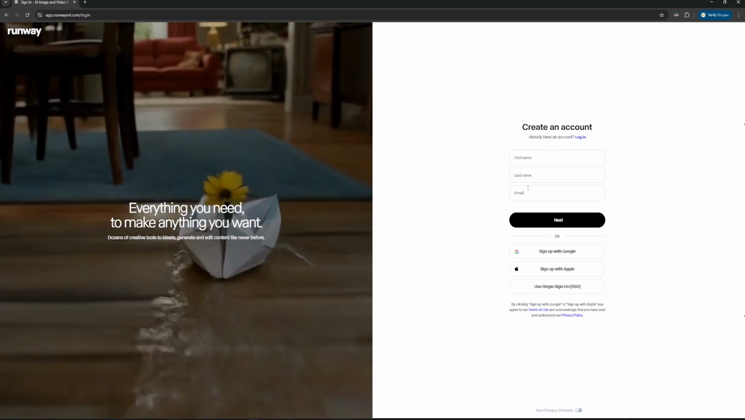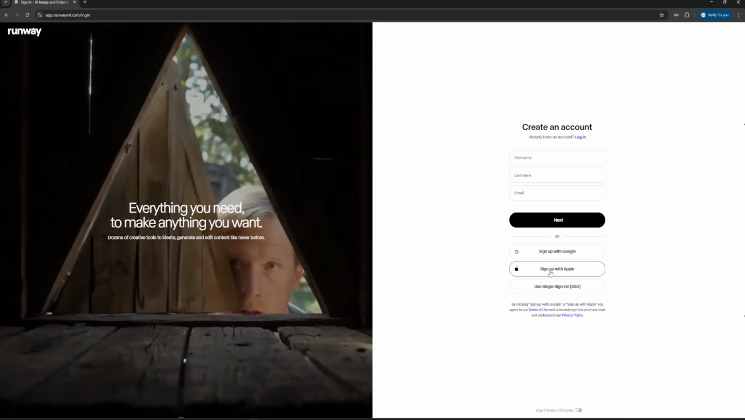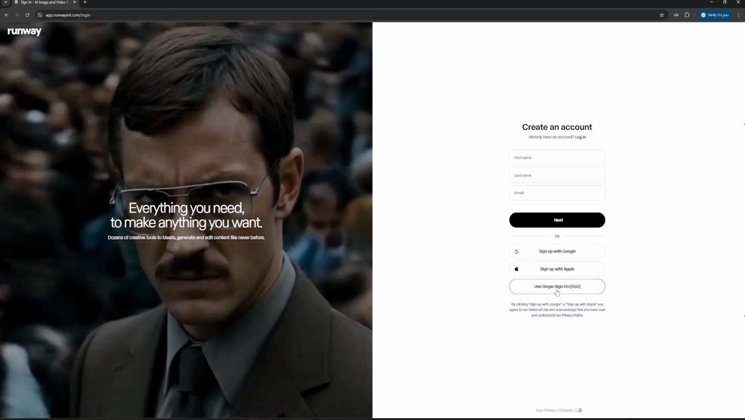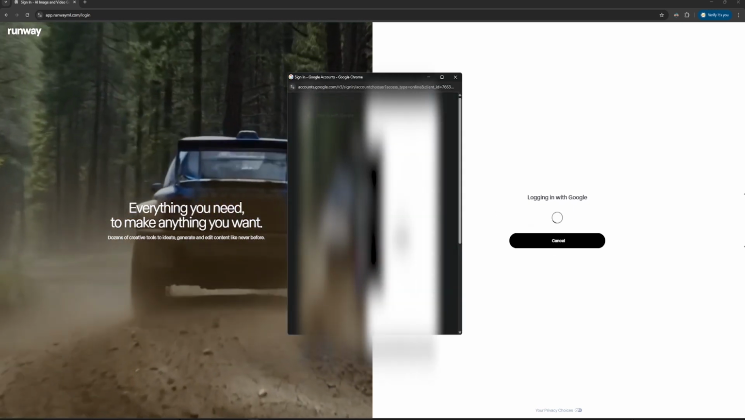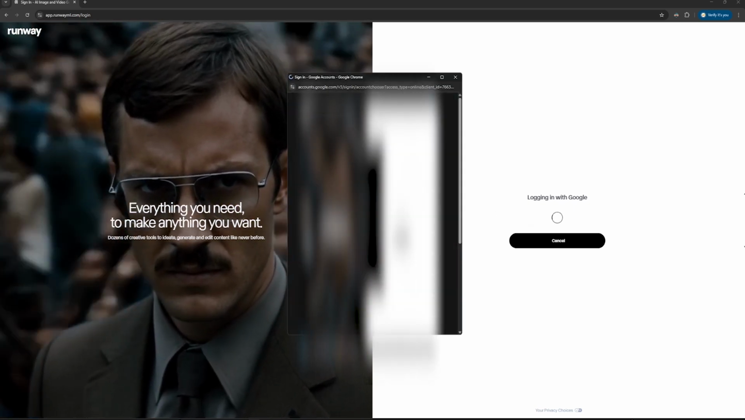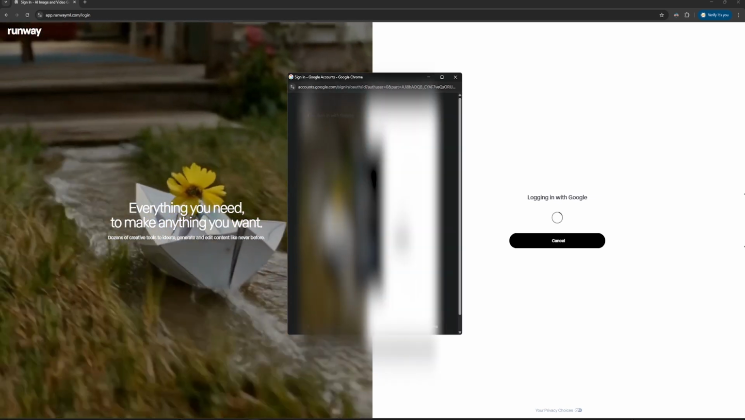So you can fill the information over here and then sign up, or you could sign up with Google, Apple, or use single sign-on. I'm gonna sign up with Google, just click on that, then choose your email, click continue,